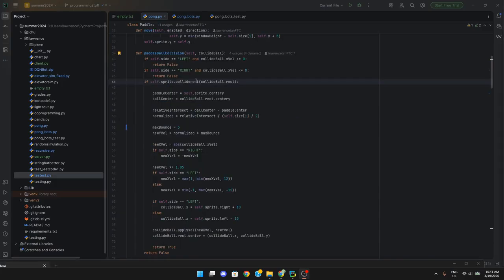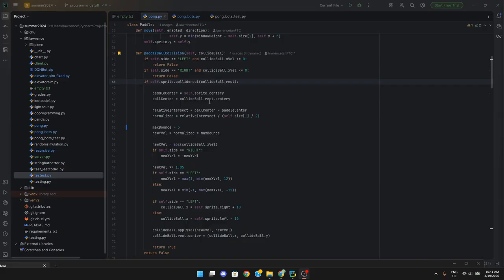But next, we have this monster function that does paddle ball collision. The function both manipulates the ball itself and returns true or false based on whether the ball bounces. So if the ball's already moving the opposite direction away from the paddle, it immediately tags it as false to prevent double bounces and self goals when it bounces on the side. Secondly,